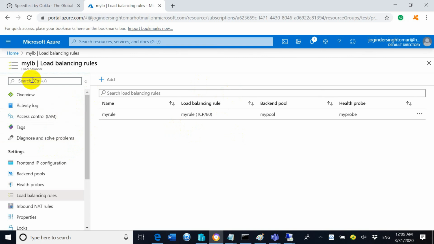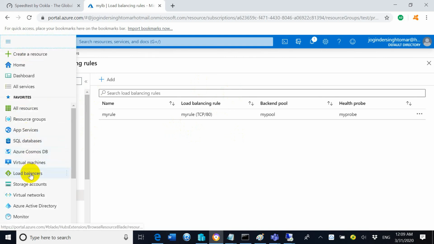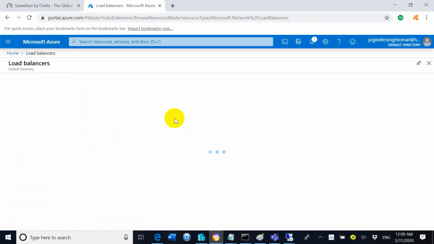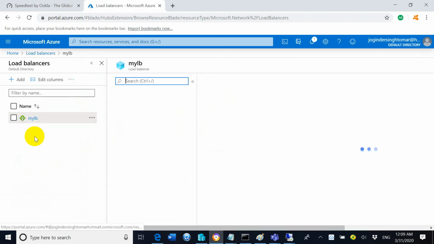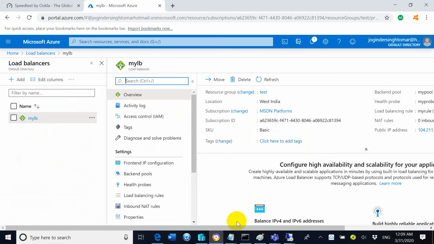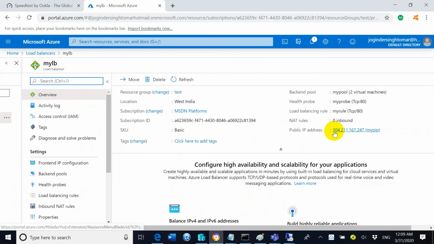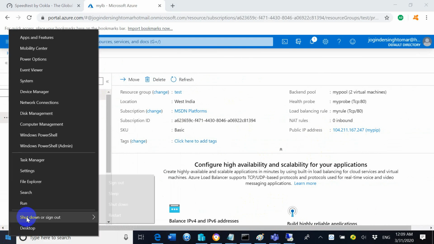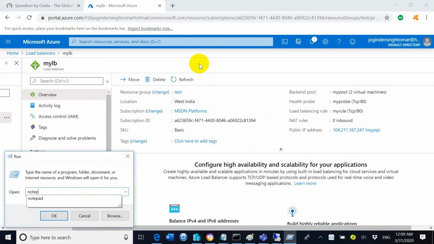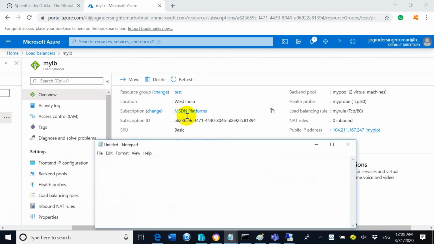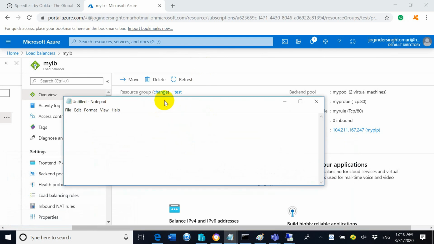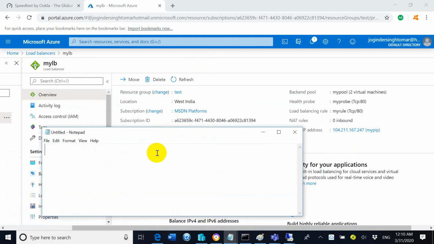So let's see what is the public IP address of the load balancer that we have created just now. Click on my LB and let us see what is the public IP address. I will note down the public IP address separately somewhere else or in a notepad. So the public IP address is 104.211.167.247. This is the public IP address. I will copy this public IP address